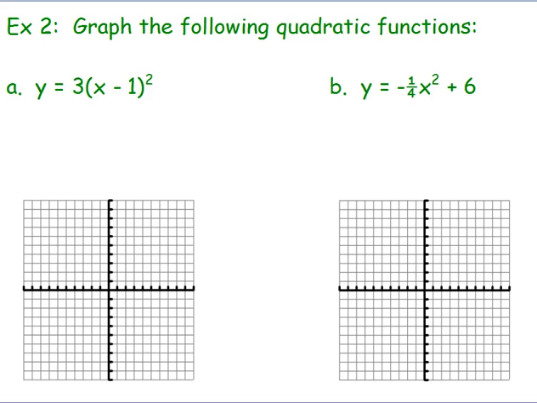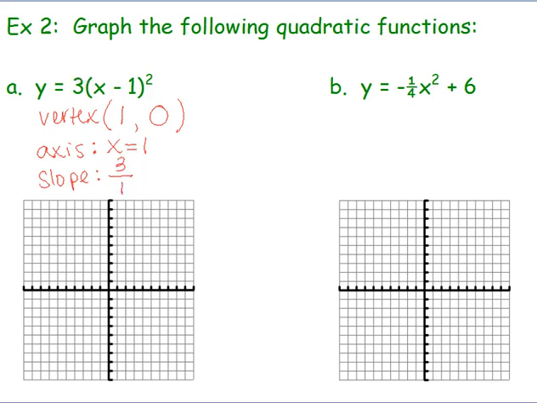So the first thing we need is the vertex. We need the opposite of this one, and keep that number the same. Well, the opposite of -1 is a +1. There's no number here. Well, if there's no number there, it's a 0. It just means that we don't move up or down. Your axis of symmetry, you should have told me, was x equals +1. And your slope, you should have told me, was +3